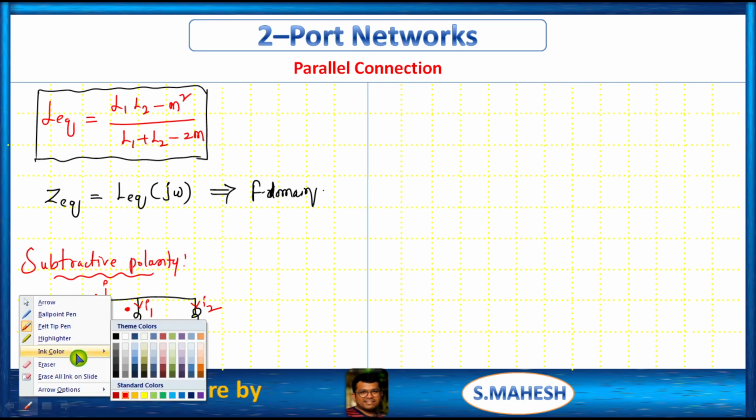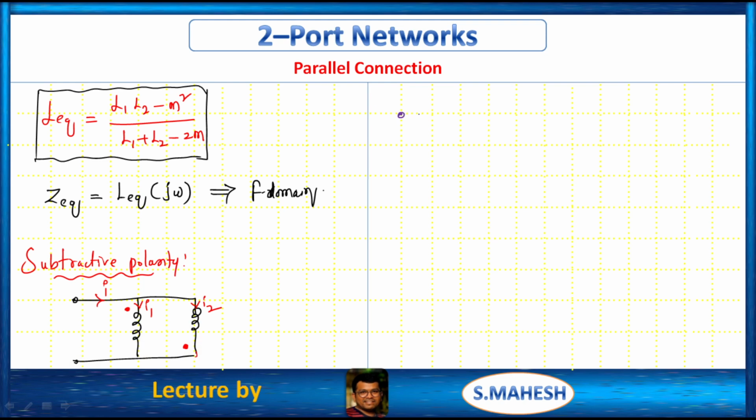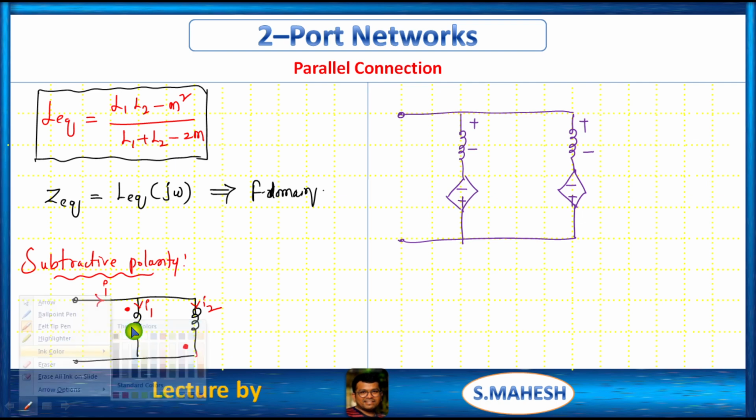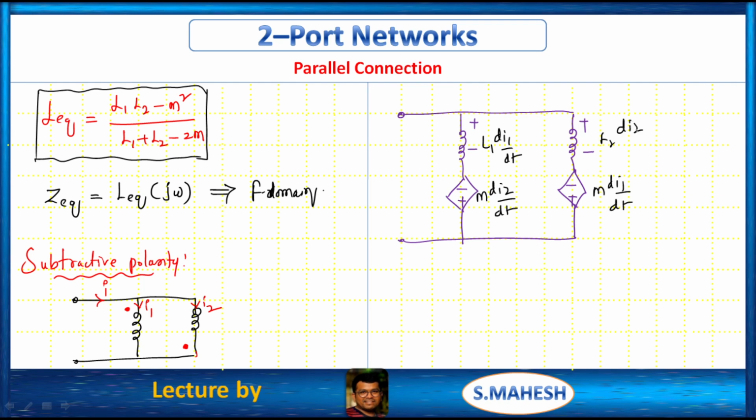For this, what is the electrical equivalent? Simple. For this, the electrical equivalent is like this. Next, that's it. Here minus plus, it is plus minus. This is L1 di1 by dt, this is M di2 by dt, this is M di1 by dt, this is L2 di2 by dt. That's it, right? So this is the current I, this is I1, this is I2. That's it. This is the electrical equivalent of